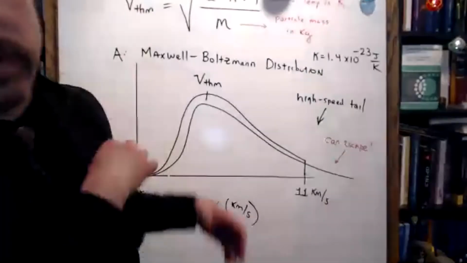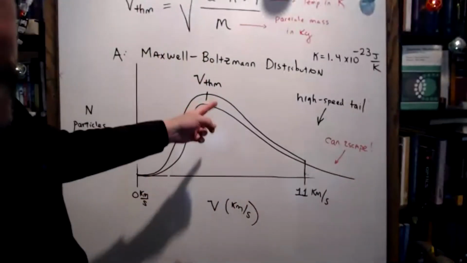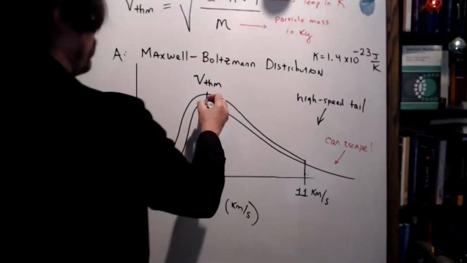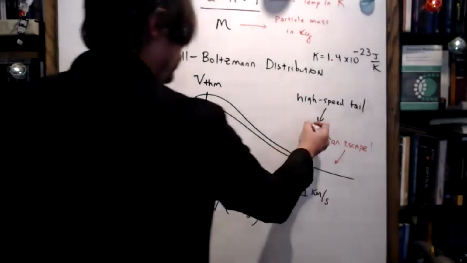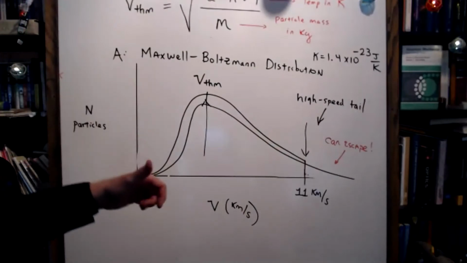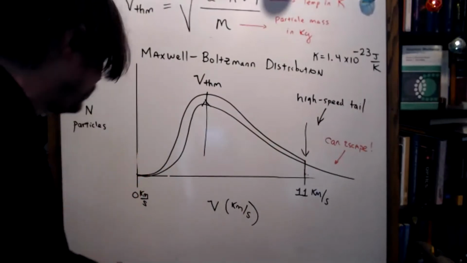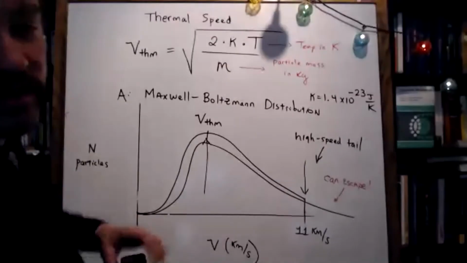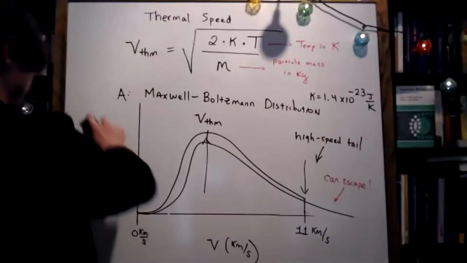Okay, in order to know if your gases can escape, you have to compare this number to this number to see if they are close to each other. Pay close attention to this because you're going to need to do this part on the test. Once you calculate your escape velocity and your thermal speed,